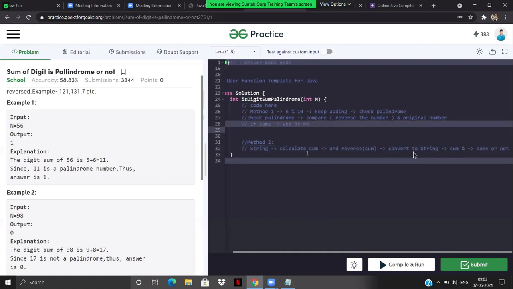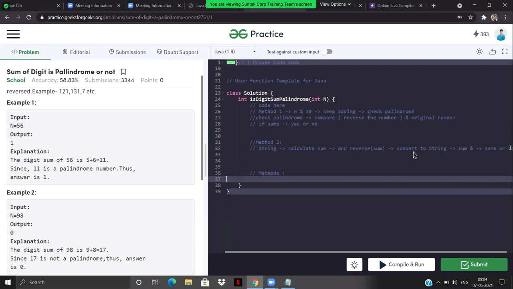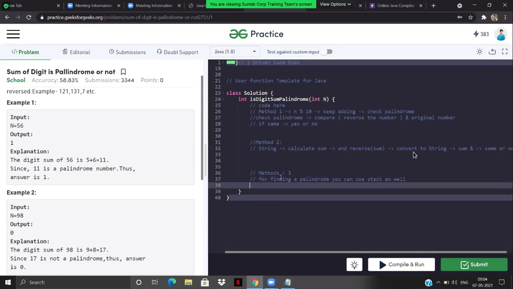Okay. The third method, I see it as using a stack. Method number 3, you can make use of a stack for finding a palindrome. Again, I'm sure most of you guys have read about the stack, okay?